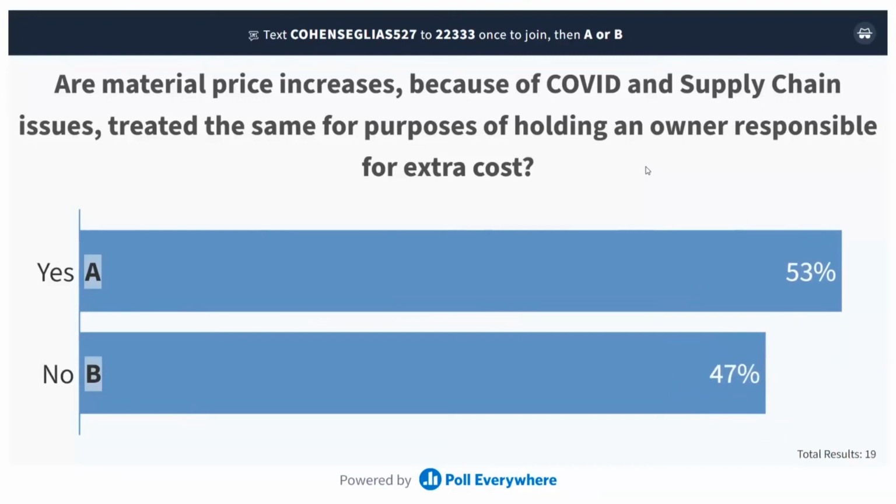Well, let me give you my opinion on that. I think that they're very much the same. I'd be interested to hear what you have to say, Tom, but I think they're very much the same because it's an event that's outside your control that's going to increase the cost, and therefore you're going to have to treat them the same in this way. You're going to have to identify them immediately. You're going to have to put the owner immediately on notice, and you're going to have to track those costs. And by track that cost, I mean you're going to have to associate the additional cost to the occurrence, be it COVID or be it supply chain issues. You've got to tie them directly together. In doing that, you gain the most leverage to get additional money.